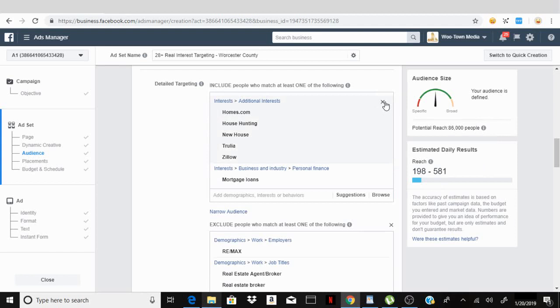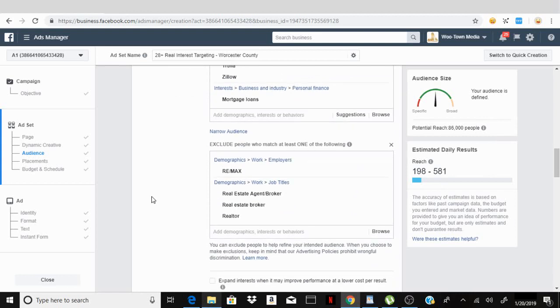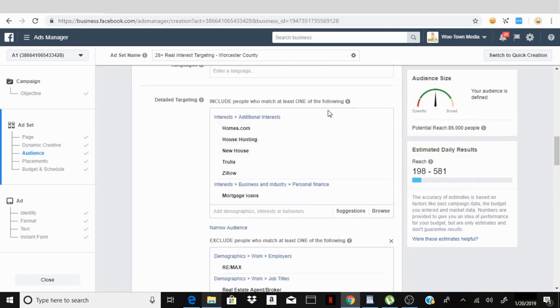So all I would do is get rid of all this and literally just run everything exactly the same except the interest. We leave it completely blank. And we want to test those two to see which one does better. The reason I do that is because there are times in certain locations that the broad targeting will actually work better than this. It's really weird how that works, but it does happen. So you want to make sure you test those two out to see which one gives you the best cost